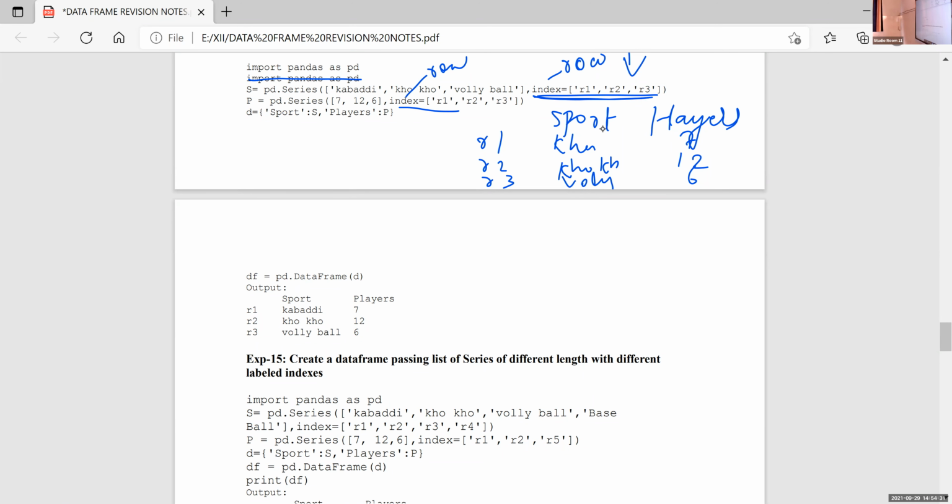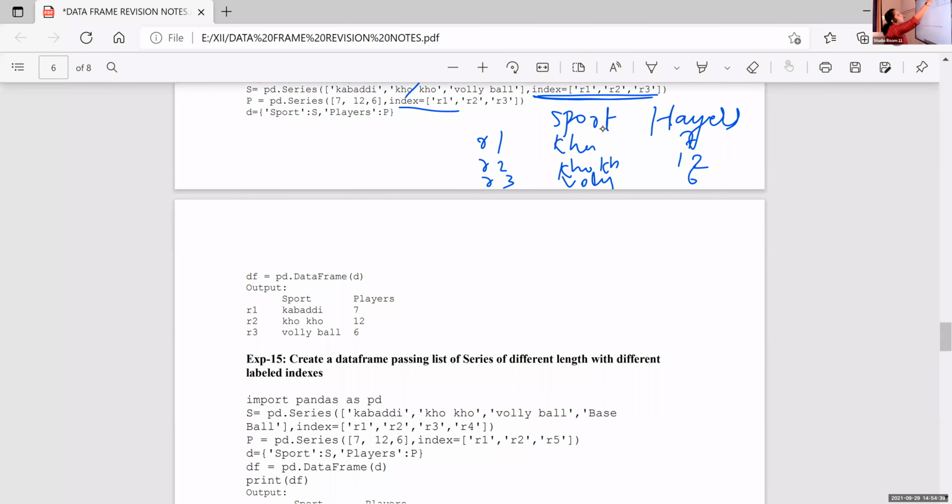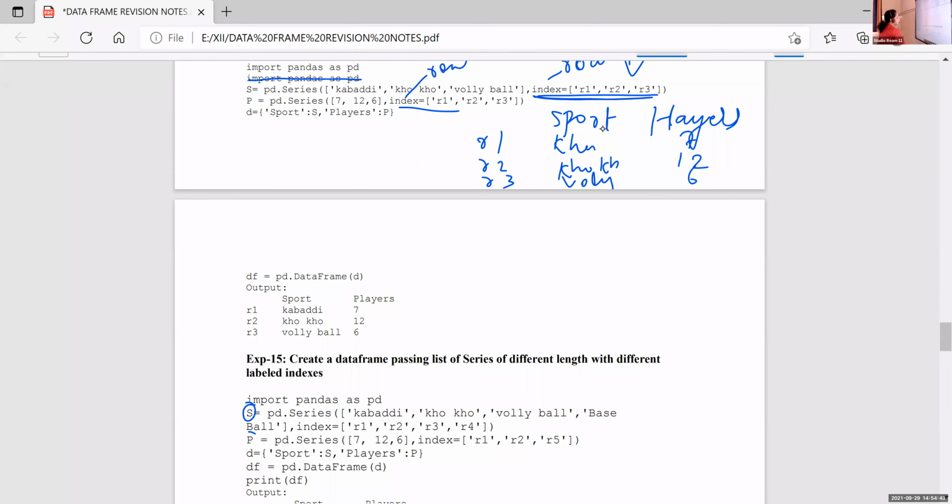Write this program. Here also I am using 2 series. The first series is S and the second series is P. Here it is series with different length and different labeled indexes.